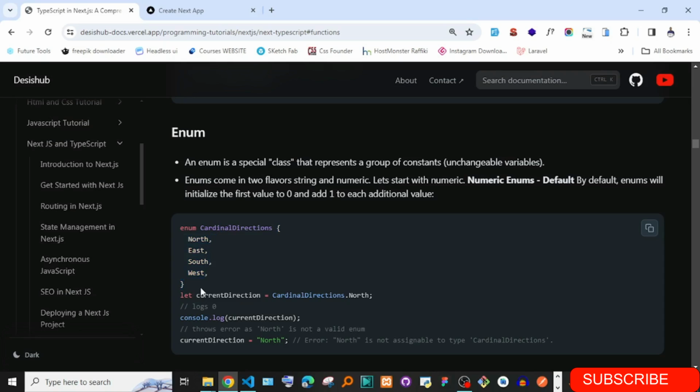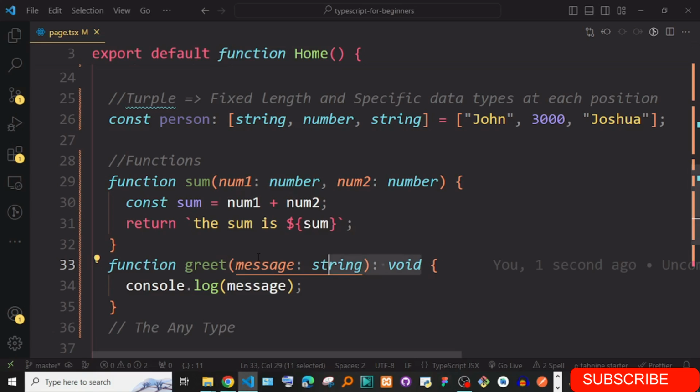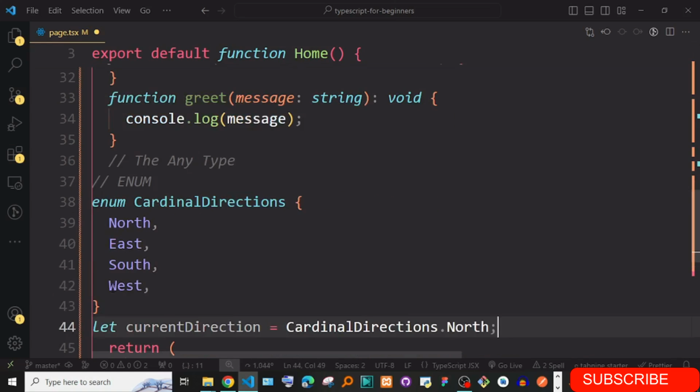Surprisingly, if you define something like this, let's go ahead and do console.log. I'm just going to copy this to give you some surprise. I'm just going to go down here. We'll go back to any, by the way. Let me just say enum. Okay, let's just paste this here.